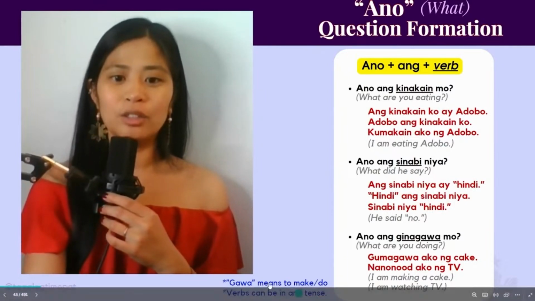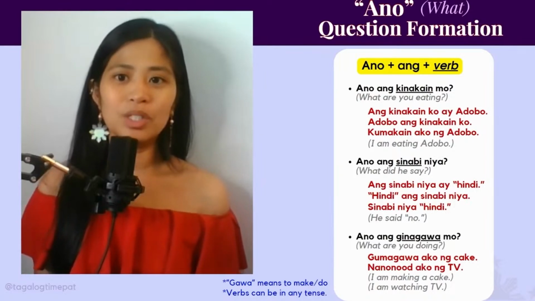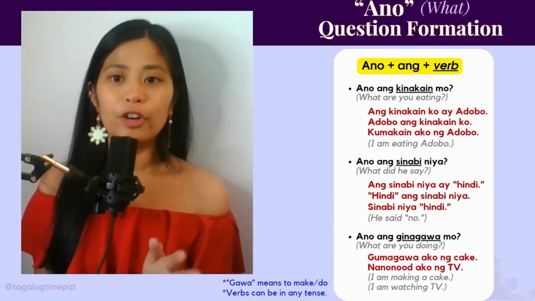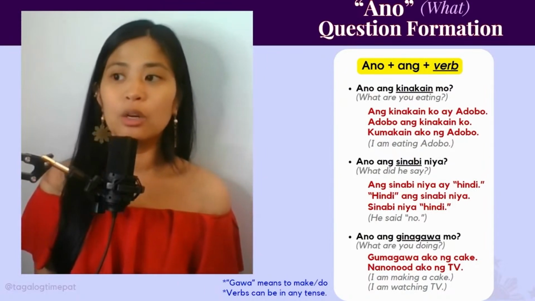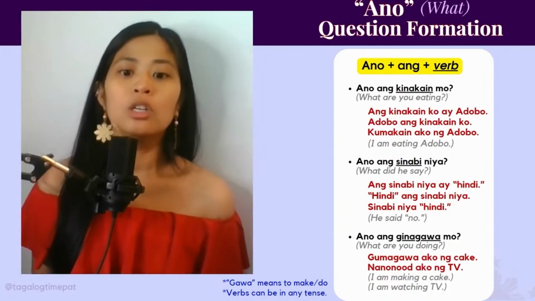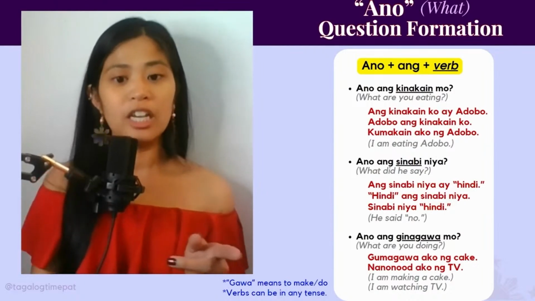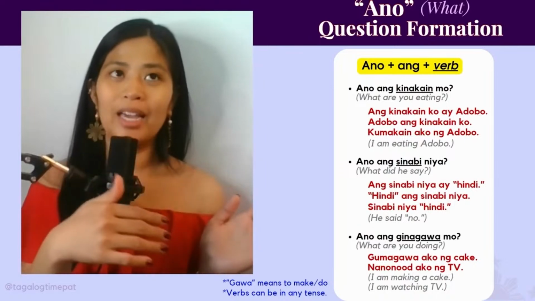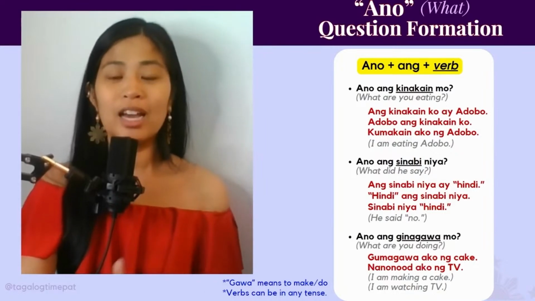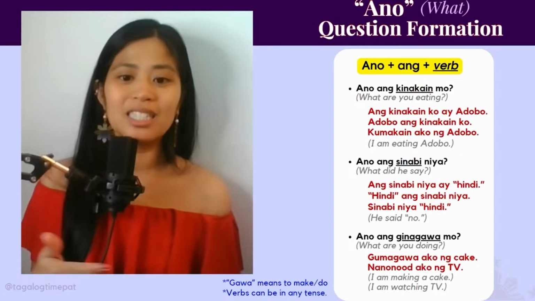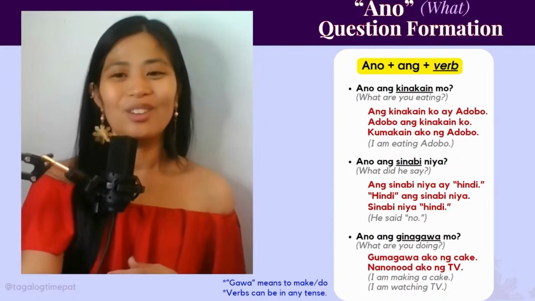And then just another little note here, you'll see in the blue, verbs can be in any tense. So when you are using ano with a verb, it could be asking about what someone did in the past, what someone is doing currently, or what someone will be doing tomorrow or in the future. And if you need a review of the different ways to conjugate verbs in Tagalog, go ahead and watch my previous videos. I have a video just for present tense conjugation, and then the video after that is for past and future tense. Once you get the patterns down, it's just a matter of learning new vocabulary and trying to remember the different ways they're conjugated.